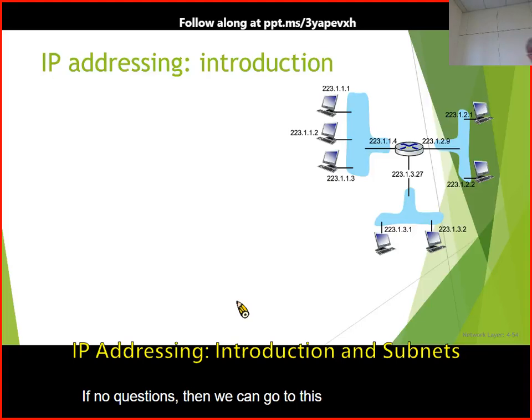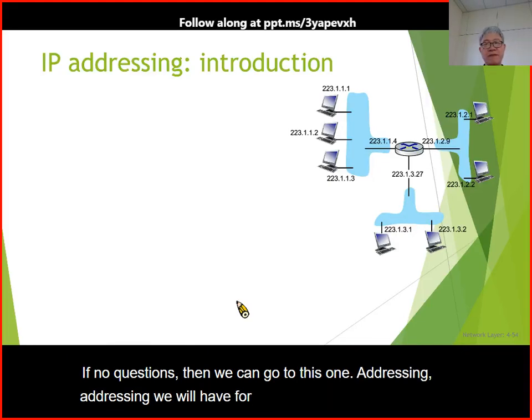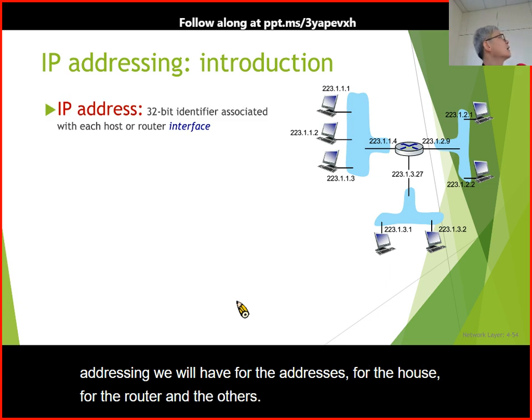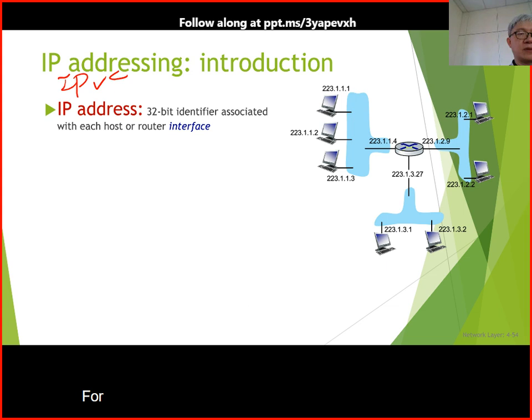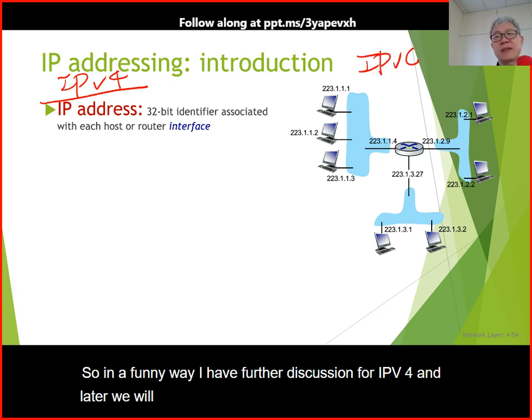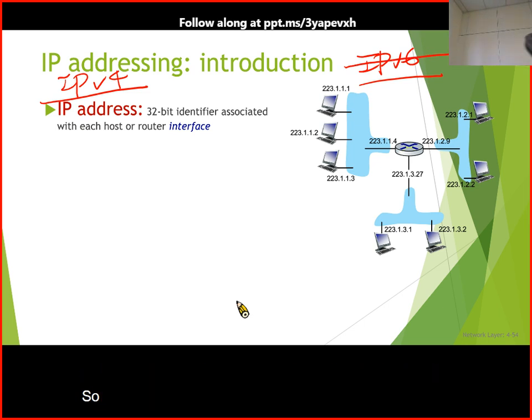Addressing, we will have the addresses for the host, for the router, and the others. For IPv4. So, in the following, we will have the discussion for IPv4, and later we will have IPv6. So, this time, now IPv6. IPv4, then we have